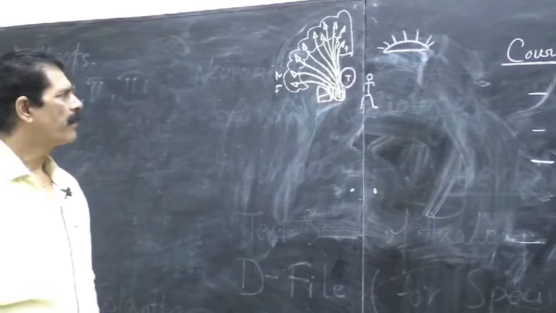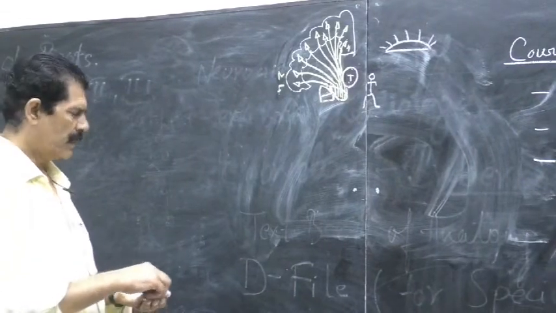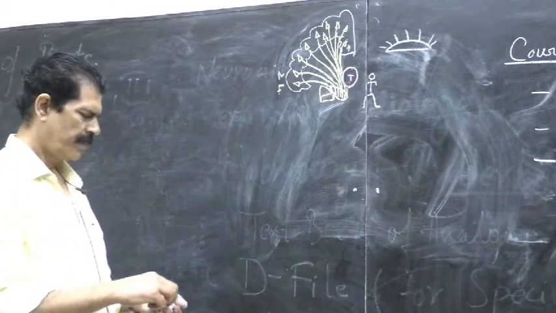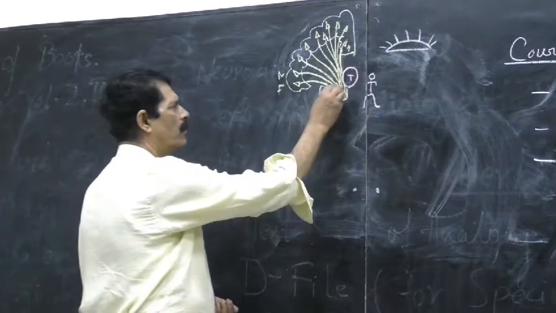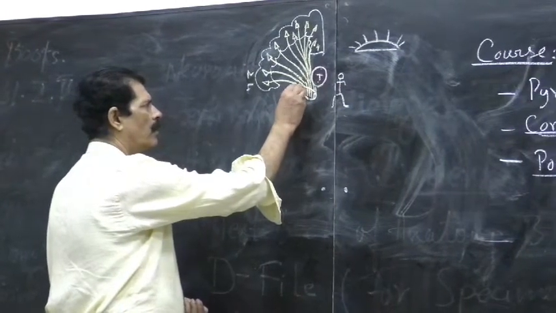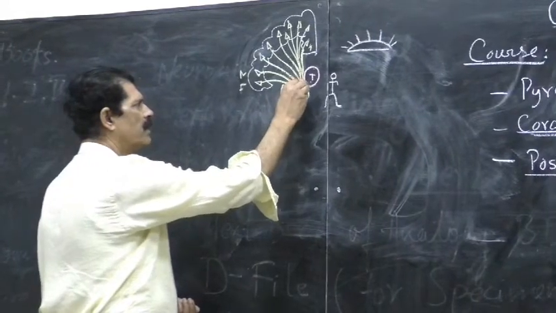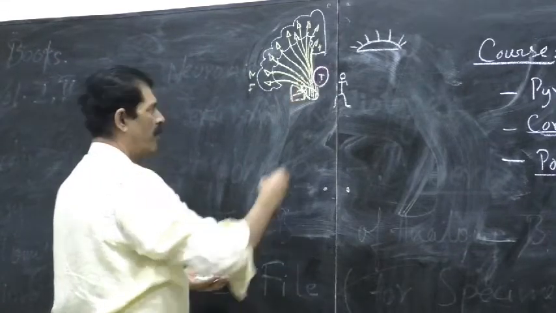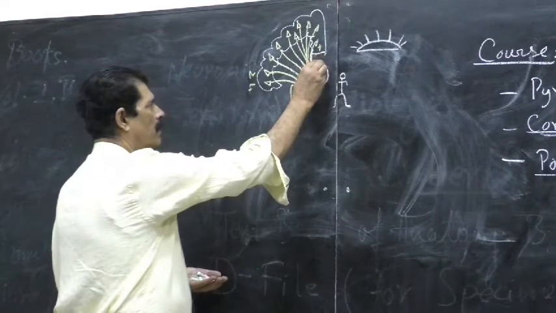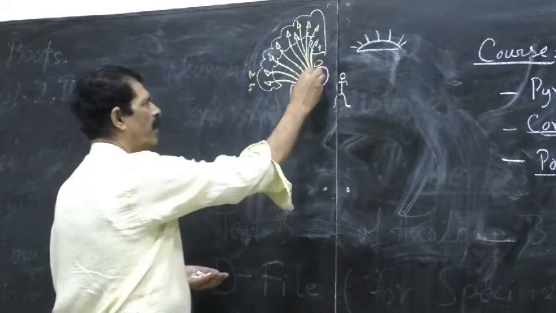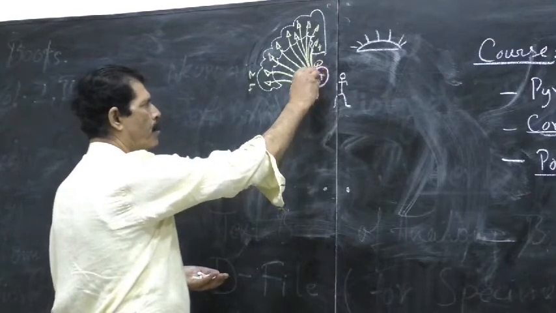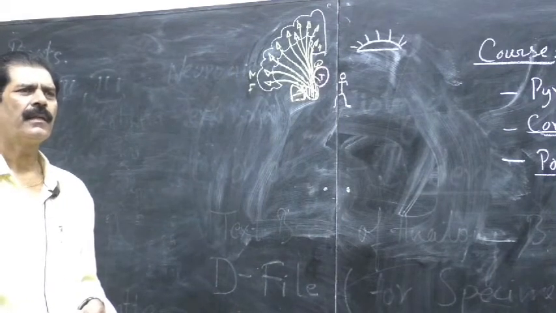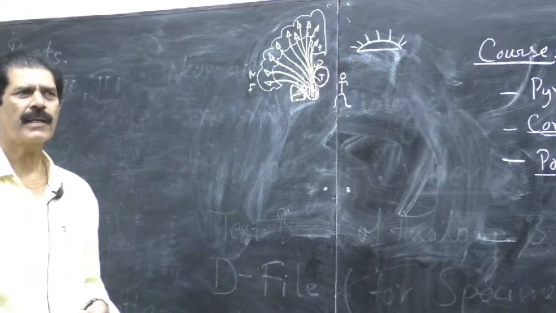Next, they further descend. In the posterior limb of the internal capsule, these fibers give collaterals to the lentiform nucleus. Few fibers go to the caudate nucleus, which is also related to the thalamus, and few fibers also go to the thalamus. So neighboring structures, few fibers also go. They are probably giving the information of the motor activity of these fibers.